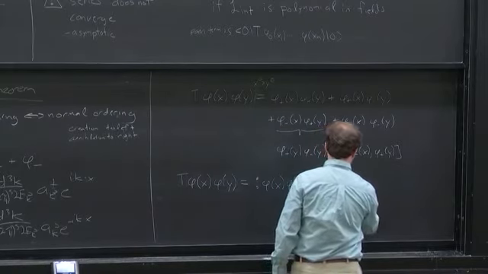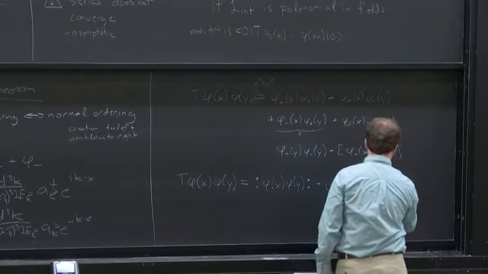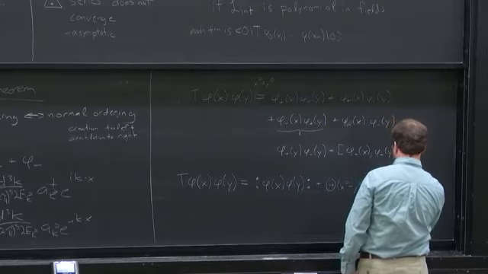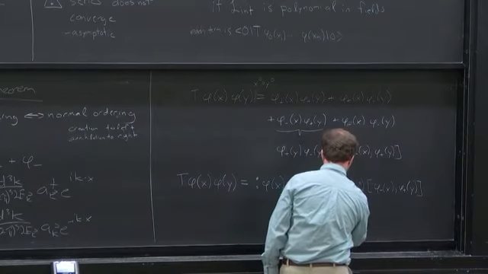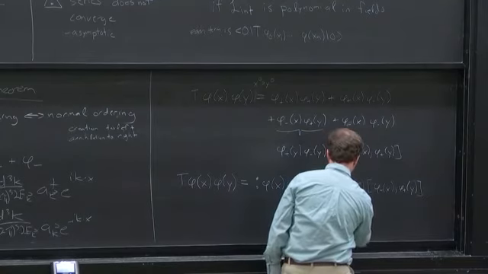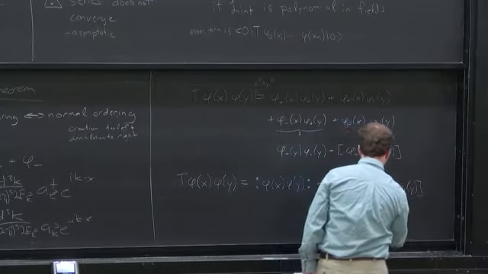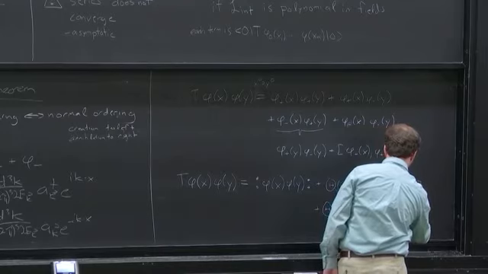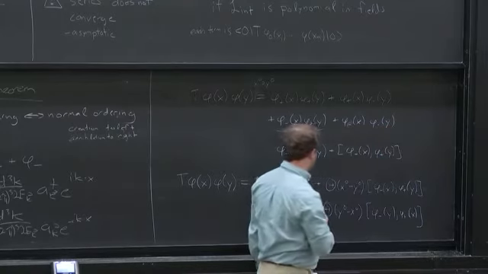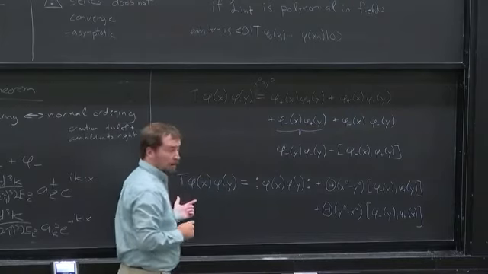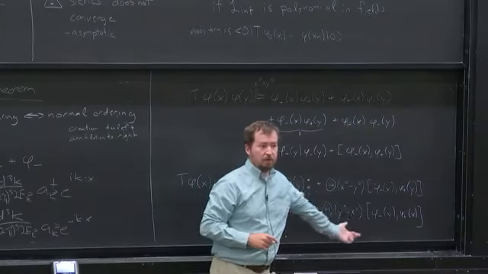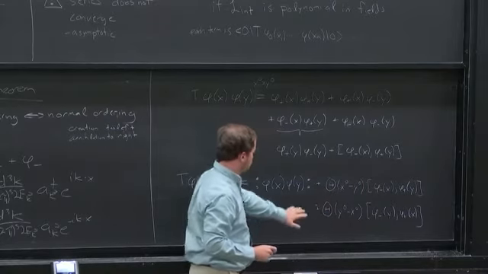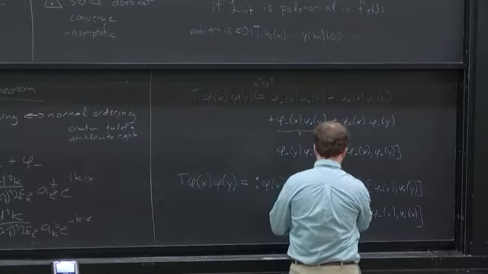If x naught is greater than y naught, we have the commutator phi minus of x, phi plus of y. And in the other case, we have phi minus of y, phi plus of x. And this combination of commutators and Heaviside step functions shows up over and over again. So it's useful to give this a name. So we'll call this part here,